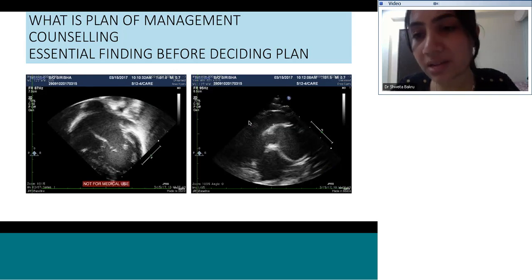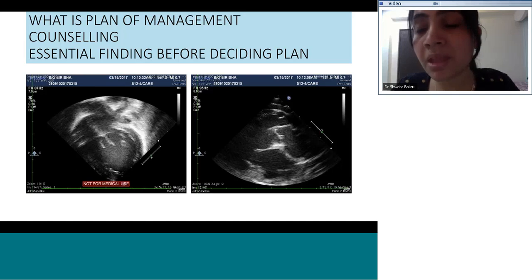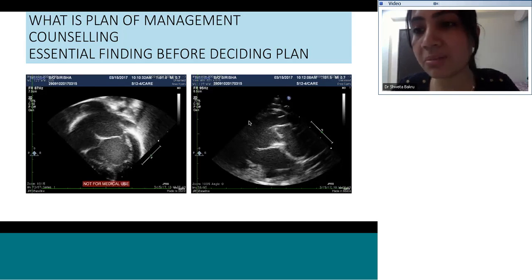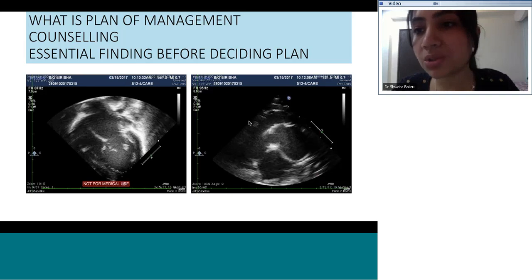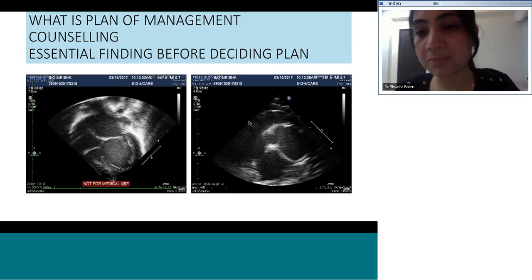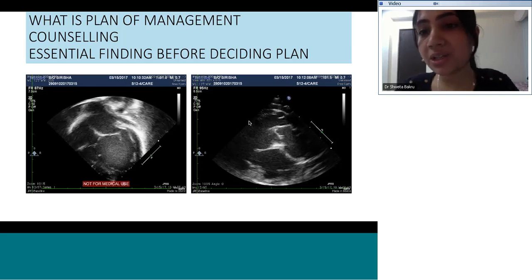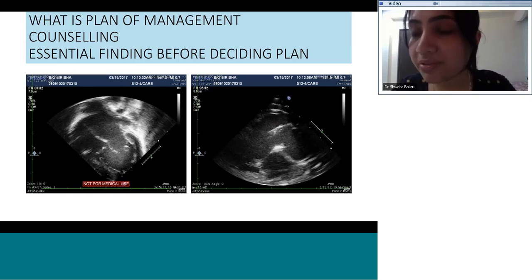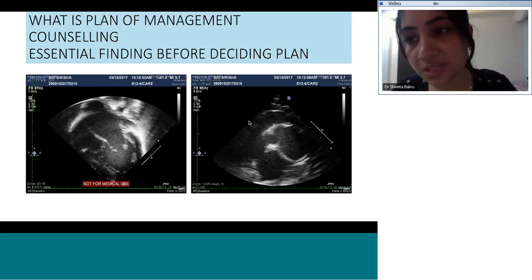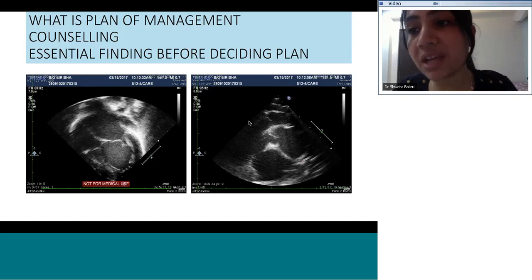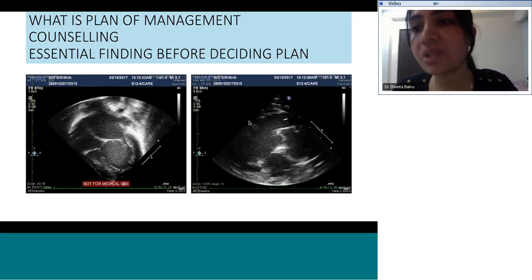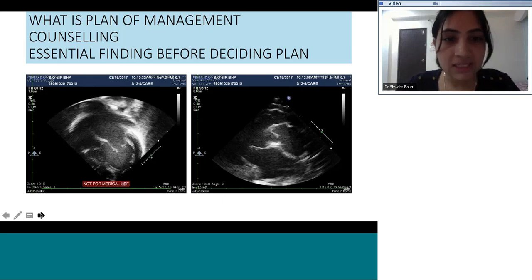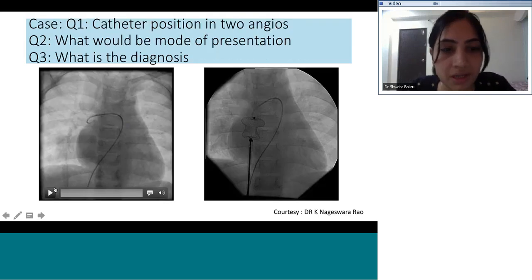To prevent respiratory tract infection, one may advise banding, but we don't know whether in future they will become suitable for the single ventricle path or not. So please don't ask these patients to wait until 3 months or 4 months of age, because vascular disease may set in and we may not achieve the ideal PA pressures that we want for the single ventricle path. So we'll go to the next presentation.